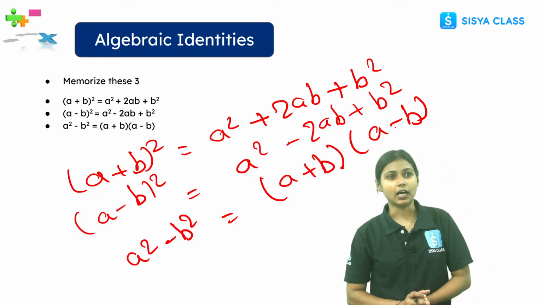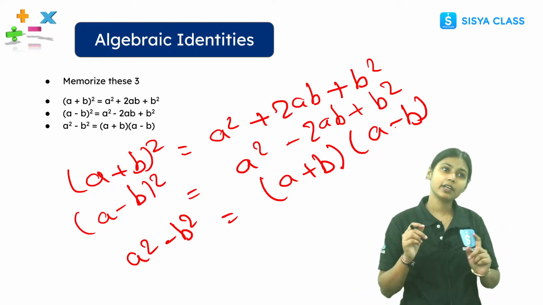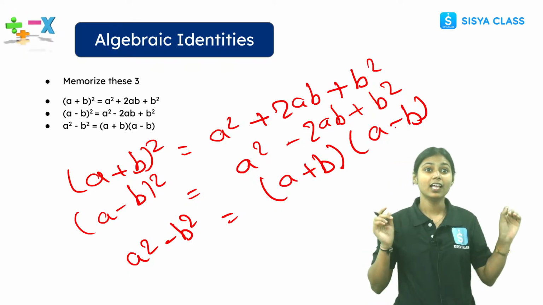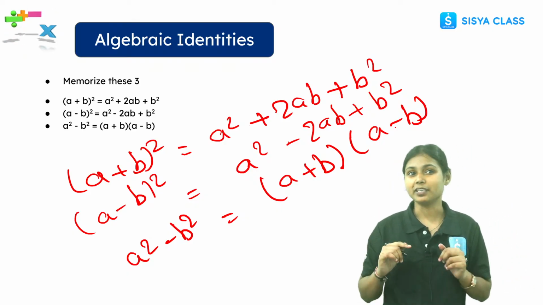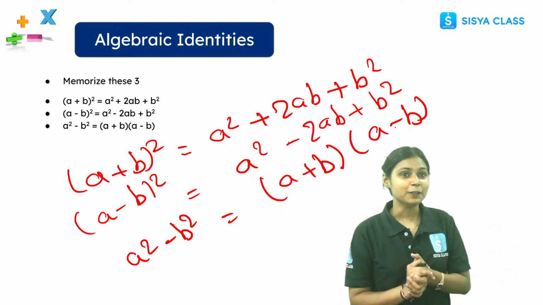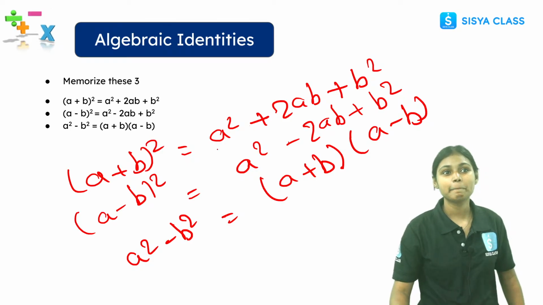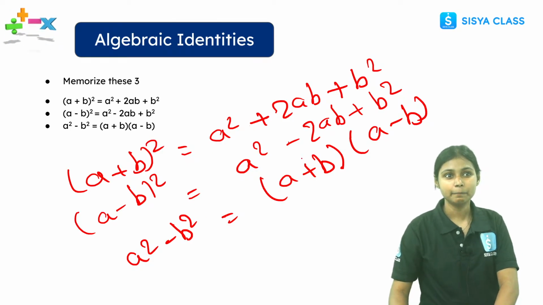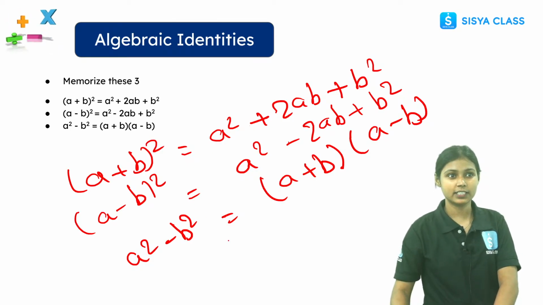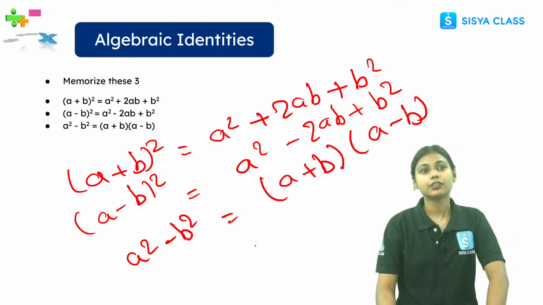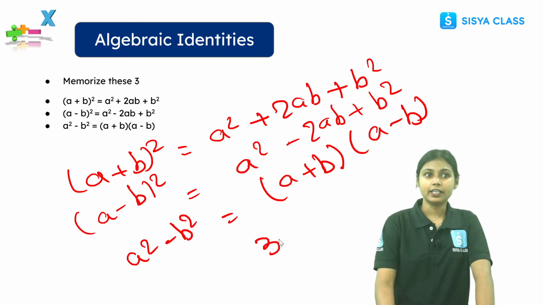Now you must be wondering what the difference is between (a minus b) whole square and a square minus b square. So let's just take an example, okay? And think of it like, let's take an example of 3 and 4, where 3 plus